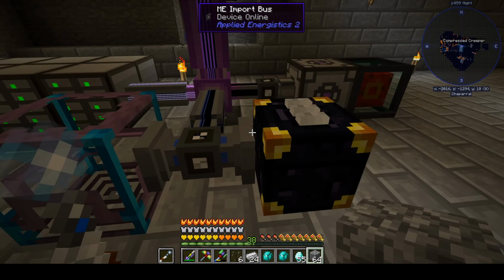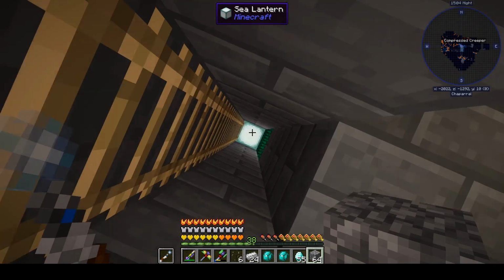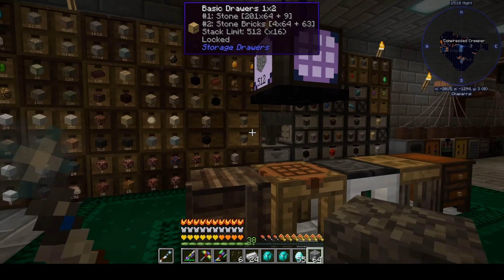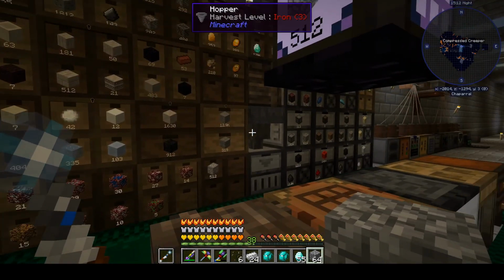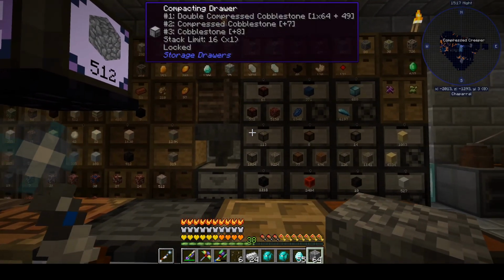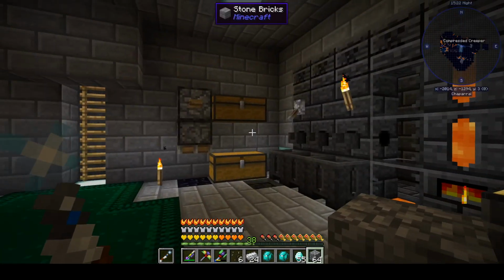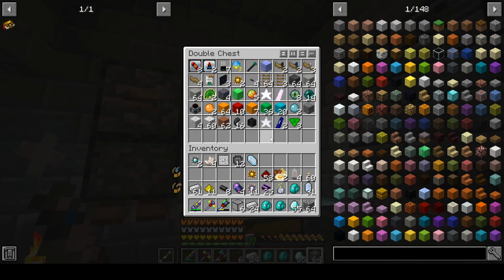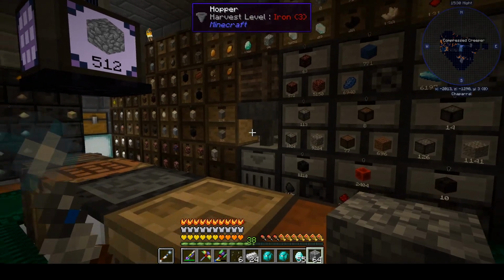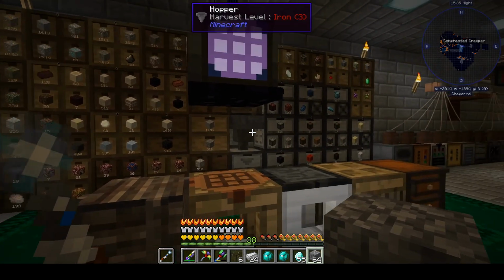What I'm going to do next is probably run a line to my... I'm not 100% sure if I want to keep some storage drawers because I'm just used to them, or if I want to do everything from here. So I'm probably just going to leave the drawers mostly alone for now, and concentrate on getting all of this other crapola that I have in various places that aren't standard crafting components, or that aren't standard mining stuff. Get all that squared in there first, and then move this other stuff in there as I get used to